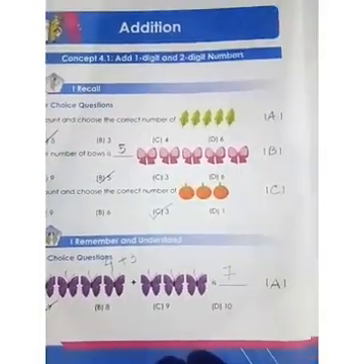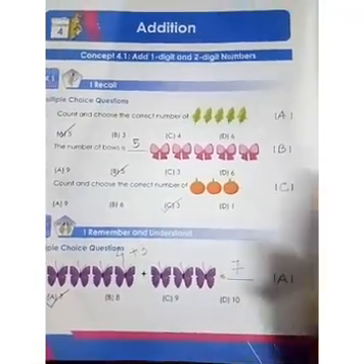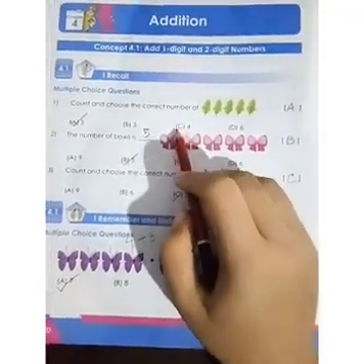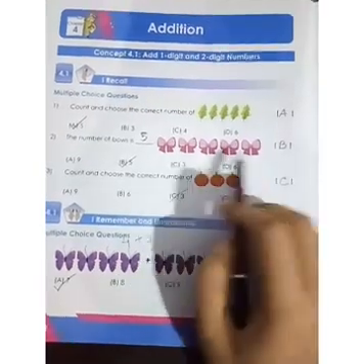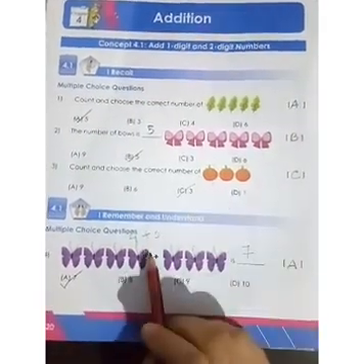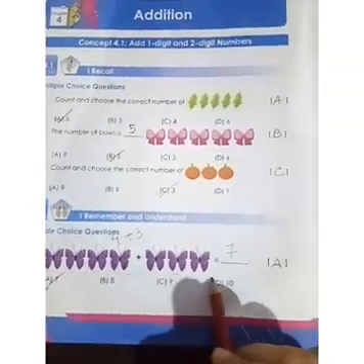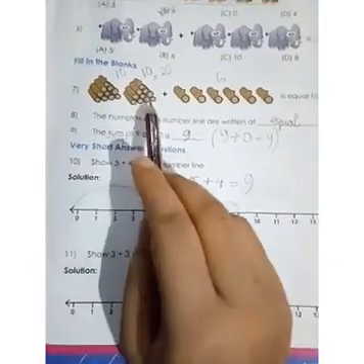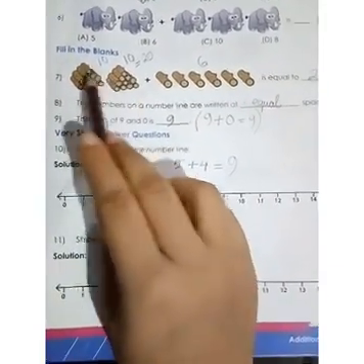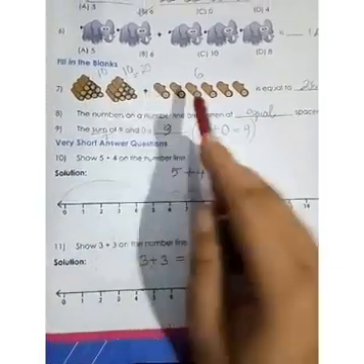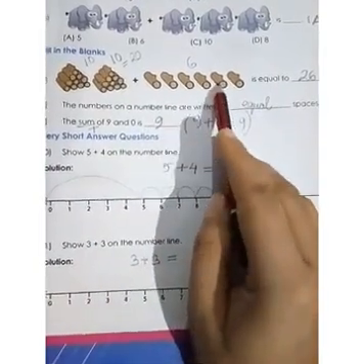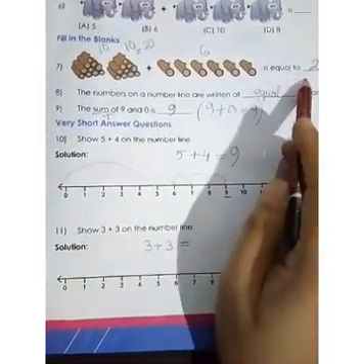So children, let me take a short recap of what we have learned. We have learned addition. We have done calculation using pictures. Here the pictures are given. Sometimes the pictures are separated by the plus sign. That means we have to add this number and this number as well. Then we have done it using logs, that is, numbers in the chapter also. So 10 and 10 we got 20, and here how much is it? 1, 2, 3, 4, 5, 6. So 20 plus 6 equals 26.